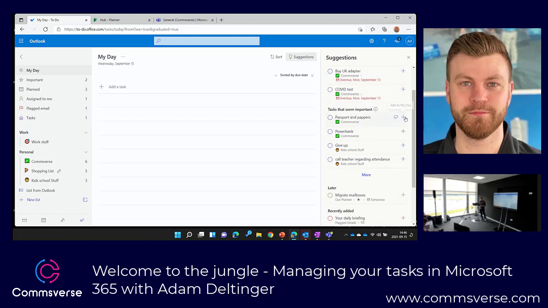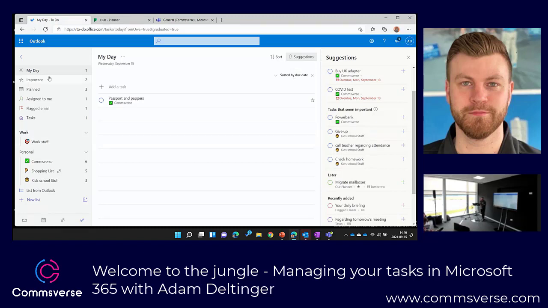So I can just click the plus button here. I can add password, that's very important. And I might see a task here that they say seems to be important, but it's not. So I can click the thumbs down button here, and it would learn from that. It's kind of like the Focused Inbox in Outlook as well. It learns with your behavior what it's supposed to recommend or not. So it's a really good thing here, and you can sort by different things and so forth.